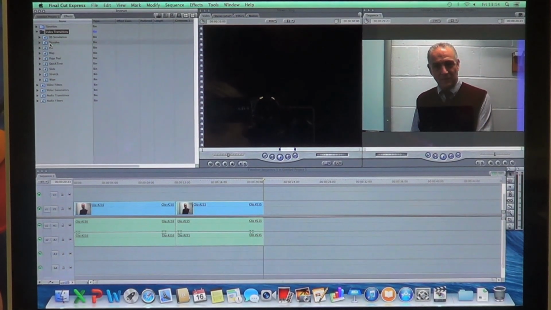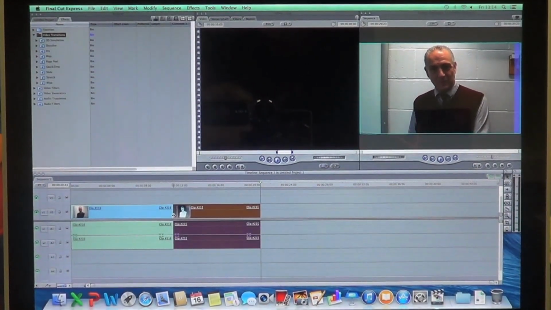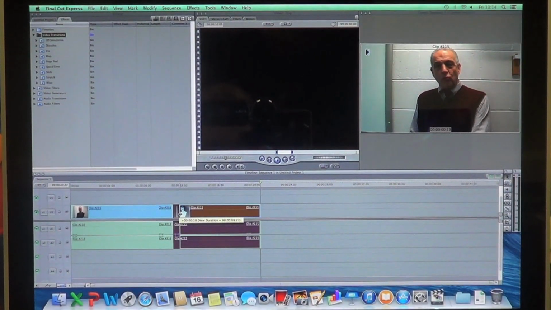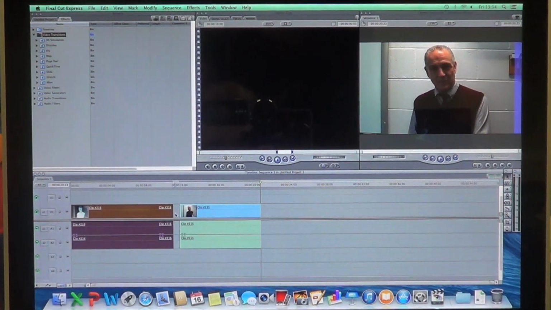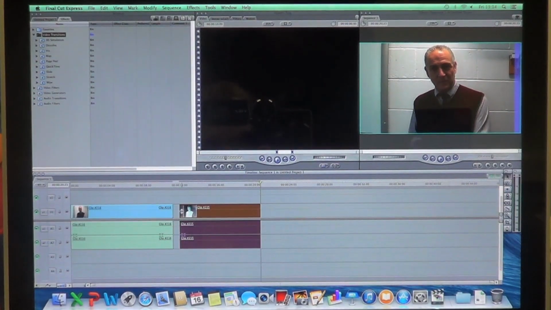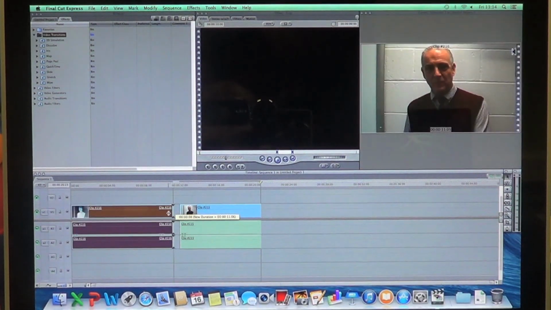If you want to dissolve two clips together, then what you have to do is go down to your timeline and where you have two clips together, click on one of the clips and drag it in smaller. Like what I've just done there, on one of my clips I've just cut a little bit of the beginning of it off. On the clip before it, I'm going to drag a bit of the end off,